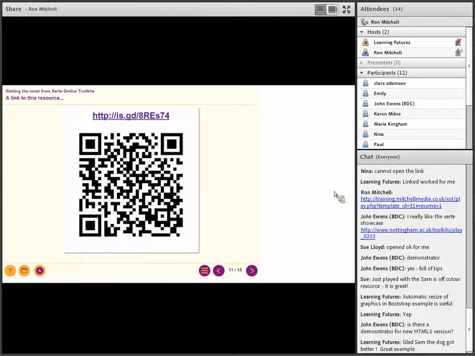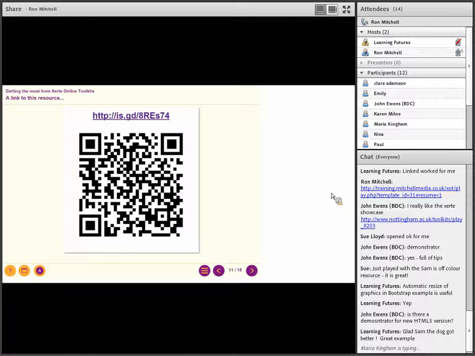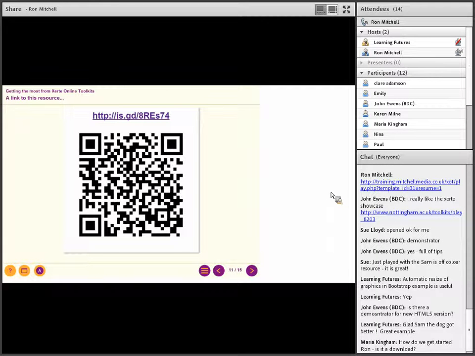Okay, so I'm going to carry on presenting now. There don't seem to be too many questions in the text chat, but some useful comments about the resources. And yes, actually, Sam the dog is a great, simple example of a learning sequence that's been tried and tested, and very positively thought of by the students and the teacher involved. There's a number of examples linked in there as well.